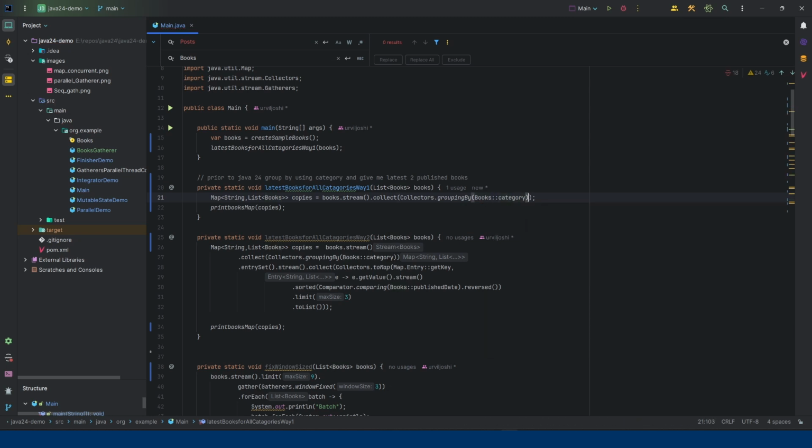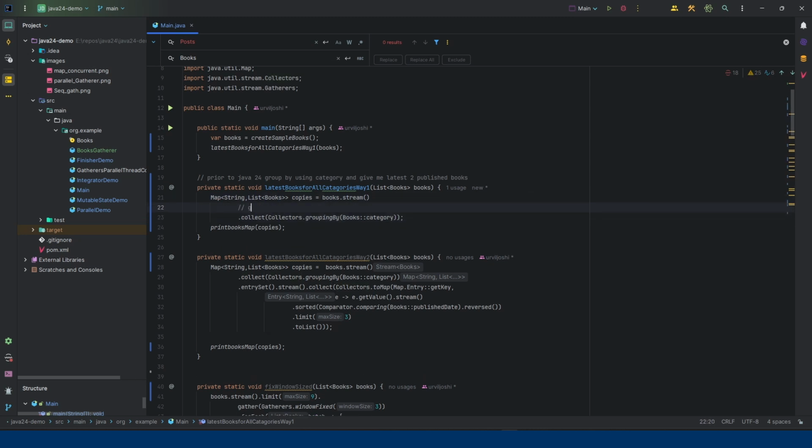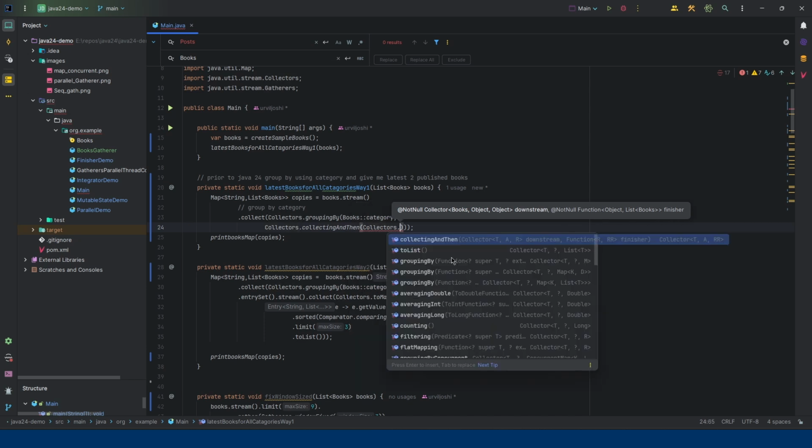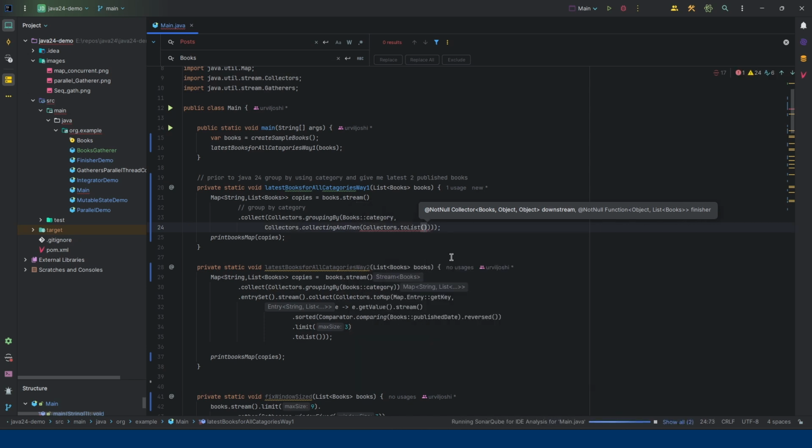Then we have a function in groupingBy called Collectors. After grouping them into categories, we can collect the books to a list, and then